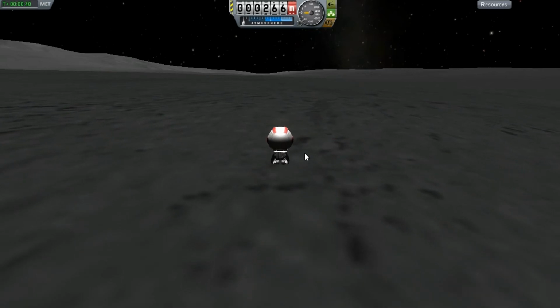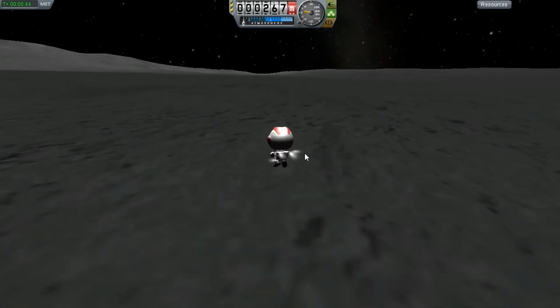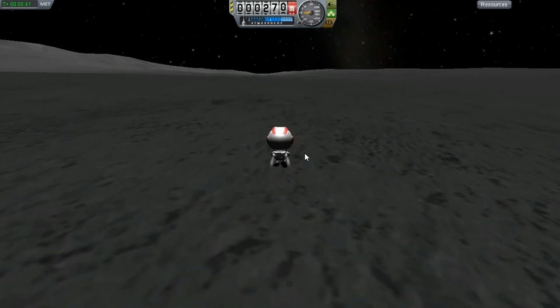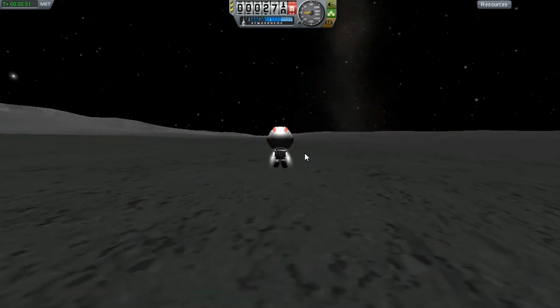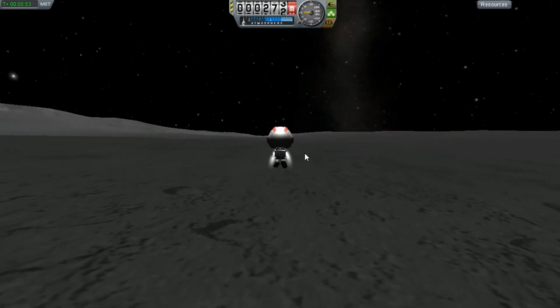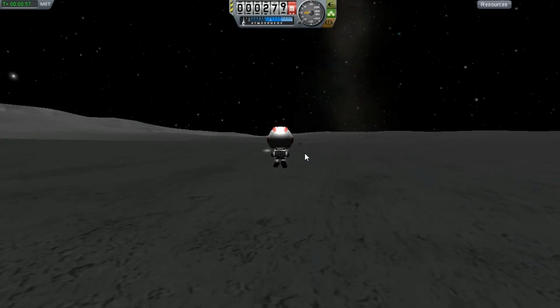So I'll turn on my jetpack. This thing has limited fuel, but it should be fine. And jump, and get flying. The thing about this is the jetpack. Last time I was flying around on the moon, I sort of touched down way too hard at one point, and